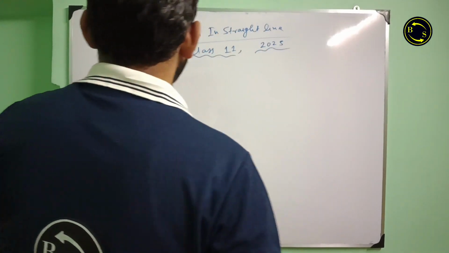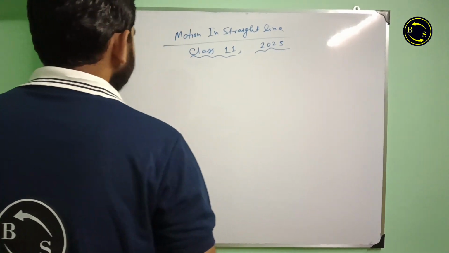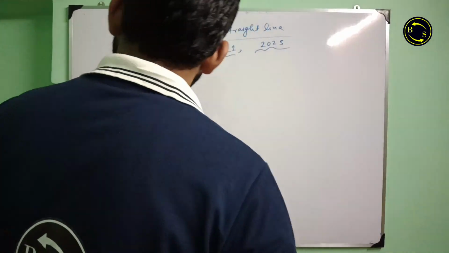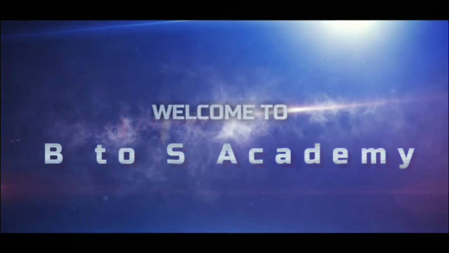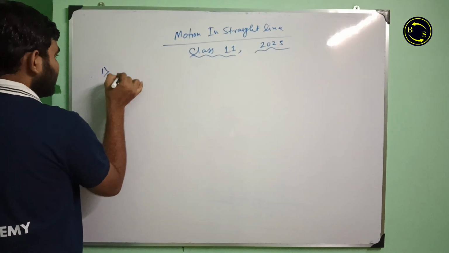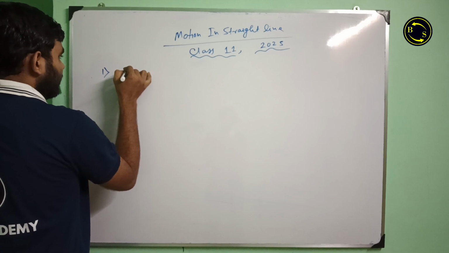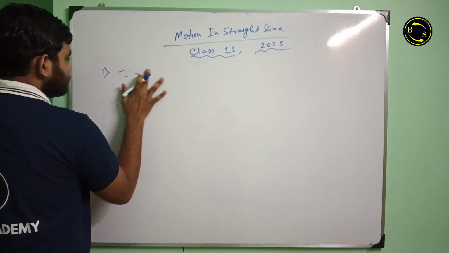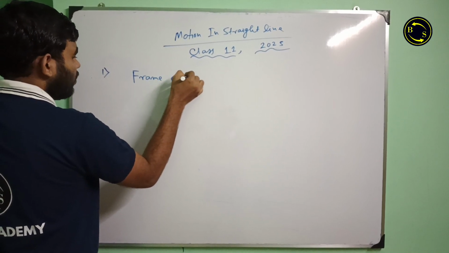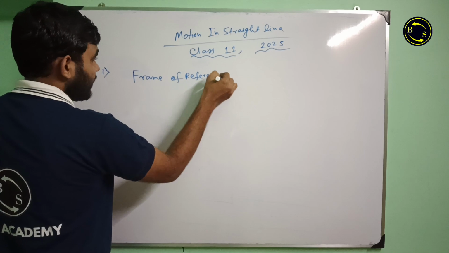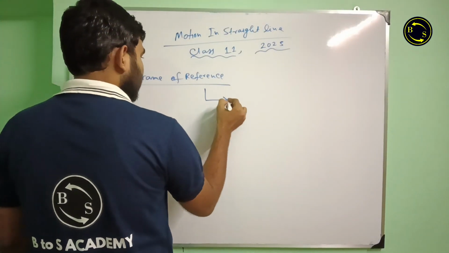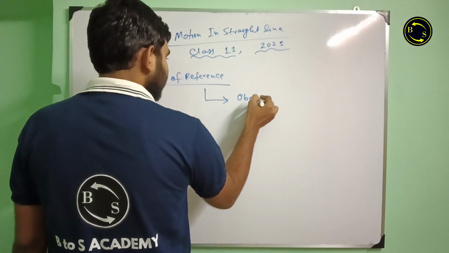আজকের ফার্স্ট ক্লাসটা আমরা করব ক্লাস 11 এর উপর, সেটা হলো মোশন ইন স্ট্রেট লাইন। ওকে, এটা আমরা 2025 এর যে নিউ সিলেবাস রয়েছে সেই সিলেবাসের প্যাটার্ন অনুযায়ী করব। তাহলে এই মোশন ইন স্ট্রেট লাইনের ফার্স্ট টপিক কি হলো আমাদের ফ্রেম অফ রেফারেন্স।